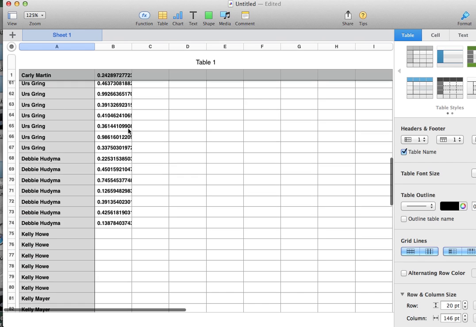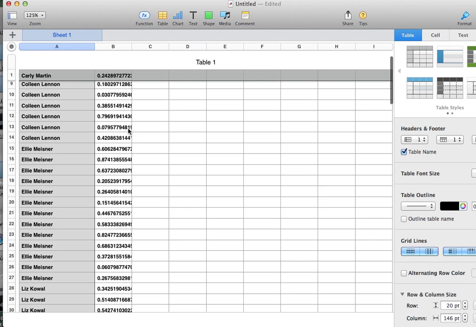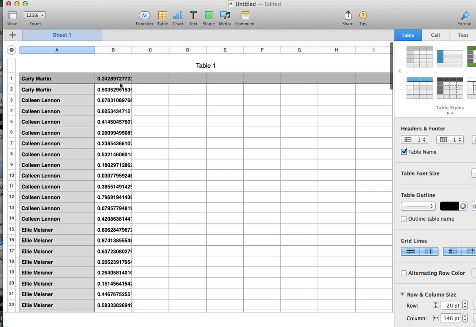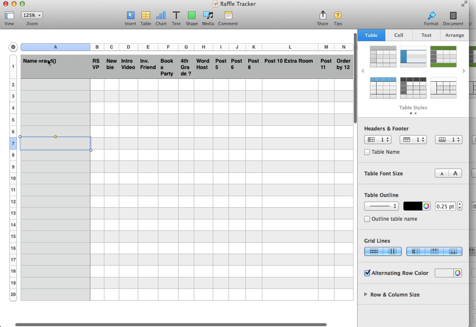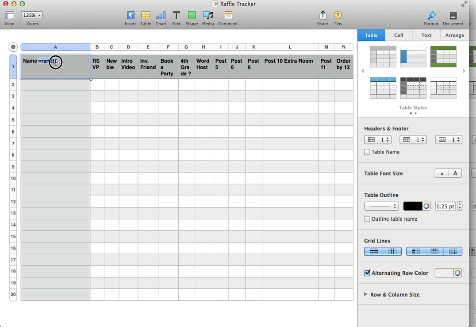Now, once I have all the names in, it makes it really easy to randomize numbers using that little code that I showed you. So I go back to my raffle tracker and I copy this little code here. So it's equals rand and then parentheses. So I copy that